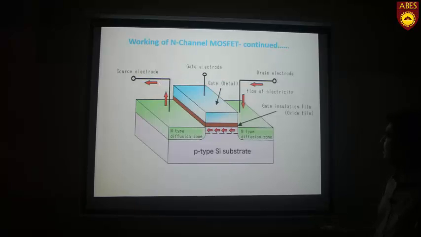And in this diagram, we see that the flow of electricity is from the drain terminal, from this N diffused region towards this N diffused region to the source terminal. Now we will see how this electricity flows from drain to source terminal. One point to note here is that electricity flows from drain to source terminal, and actually the flow of electricity is opposite to the direction of the electron flow, so the source is providing the electrons to the drain side, and the amount of electron flow is equal to the amount of current flowing from here to this side.